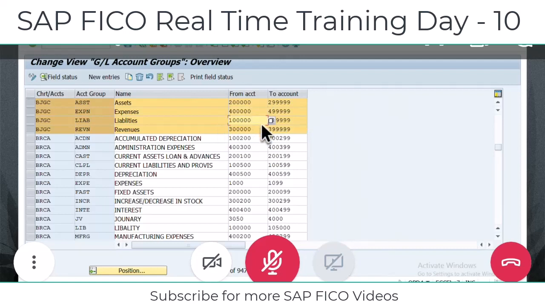Example, I want to create a sales account. Tell me the number with which you will create your sales account. First you decide: a sales account comes under